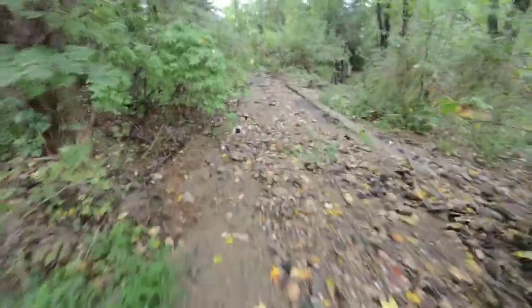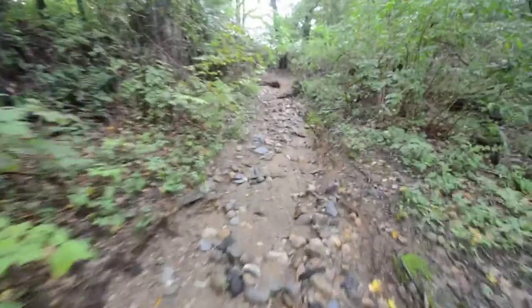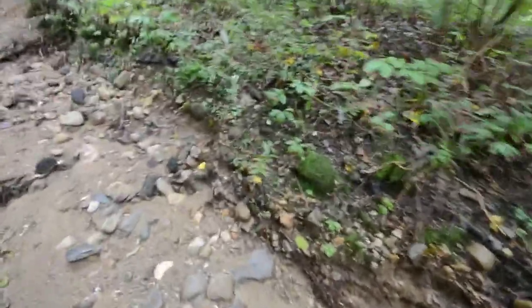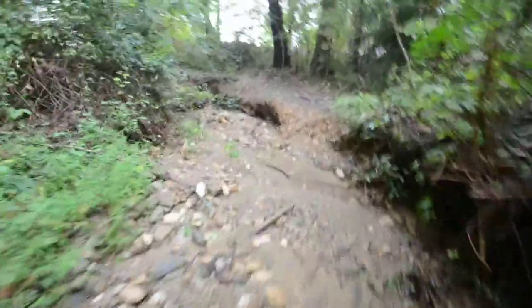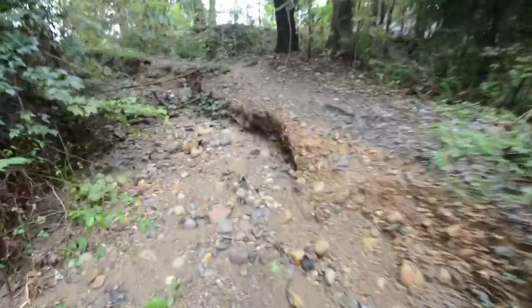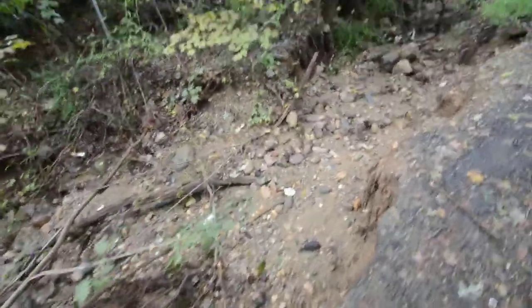You can see the erosion on the trail. You can see all the very exposed rocks on the side. You figure when this rain's coming down, this is nothing but a waterway here. Just look at that. Climb up here. Years ago, this was a nice, easy path with maybe a small gully off to the side here. Now, I don't know if you can even tell the depth of this,